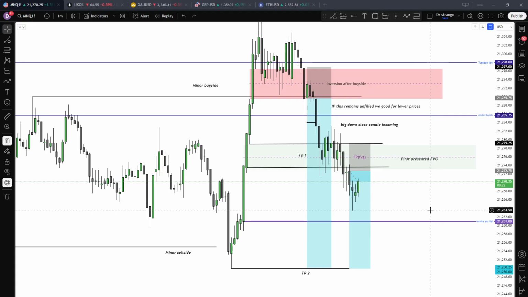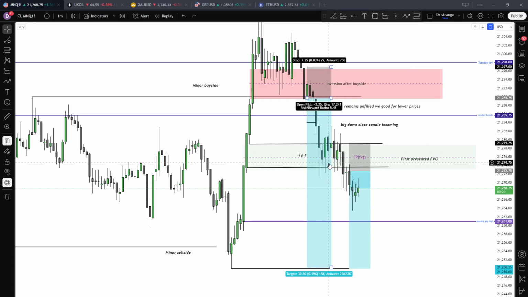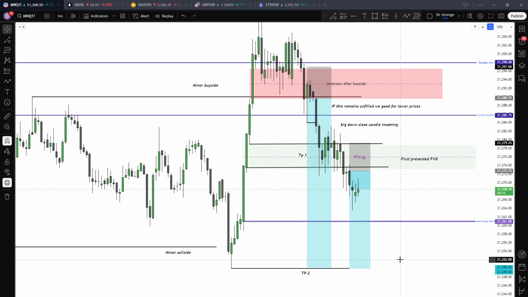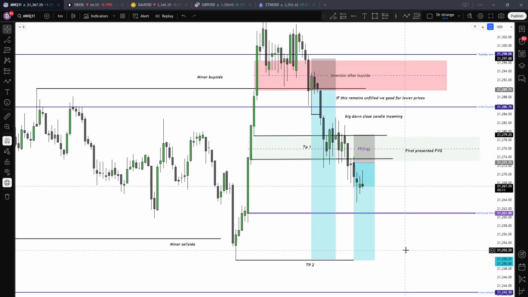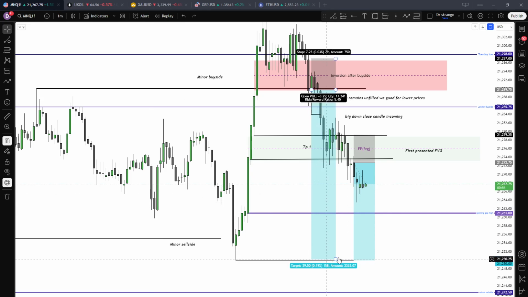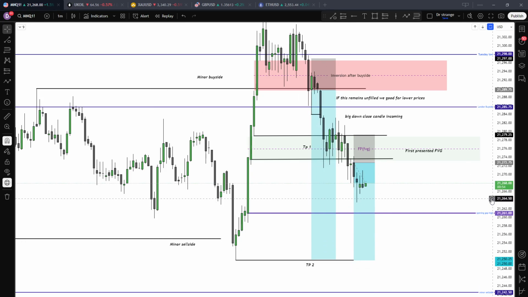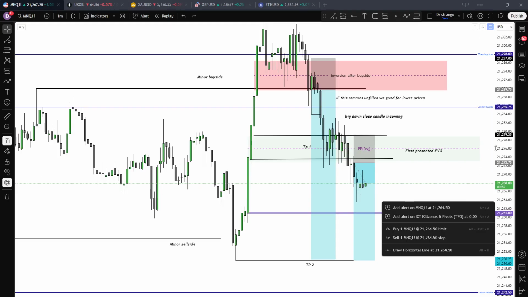Why do we sell here? Because we are expecting, after validating this environment, that it pushes us lower. And at least we can take out London sell side. Before we go a bit lower, we want to see if we can take out London sell side. That's the logic. And if we are to go below this low, we want to hold at least